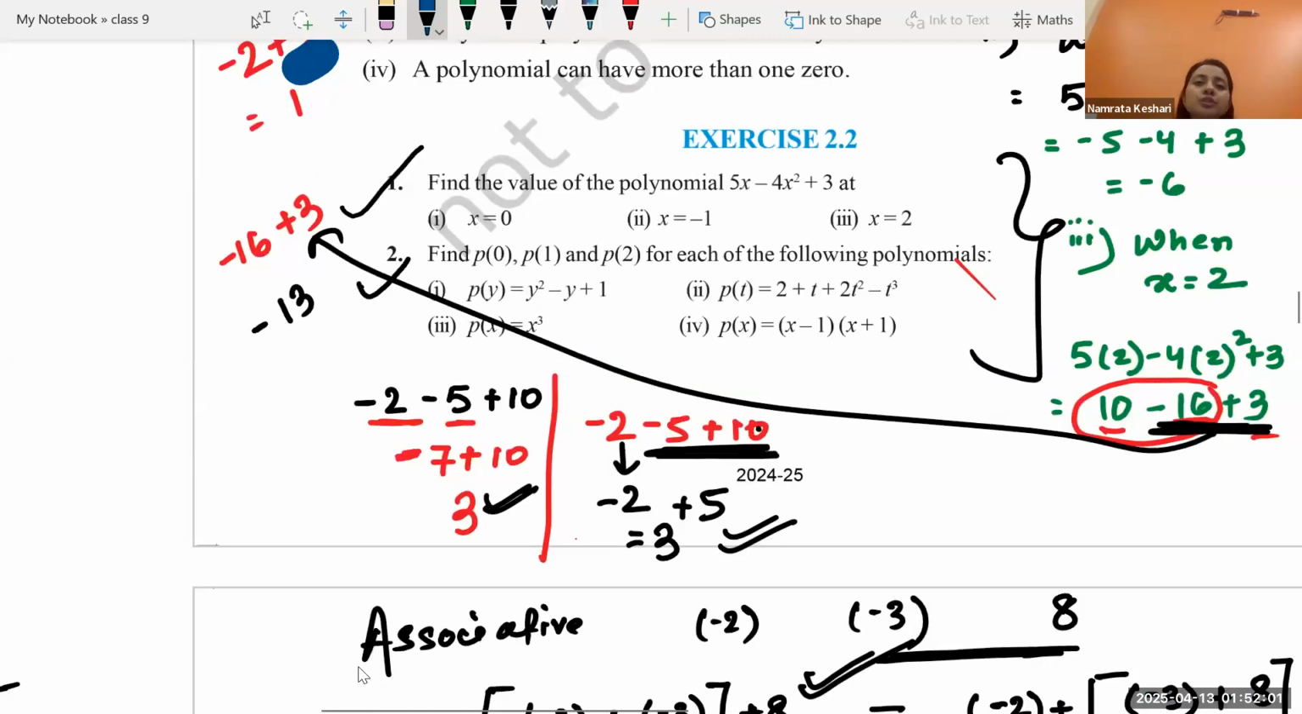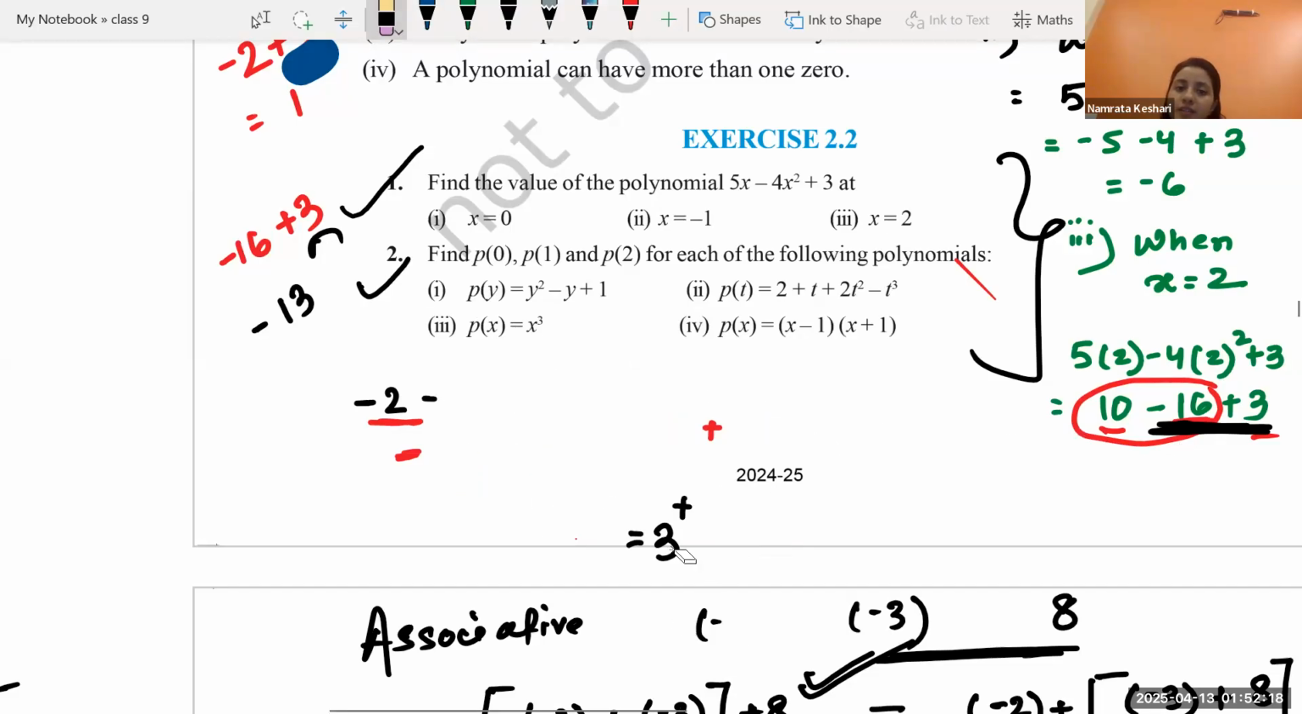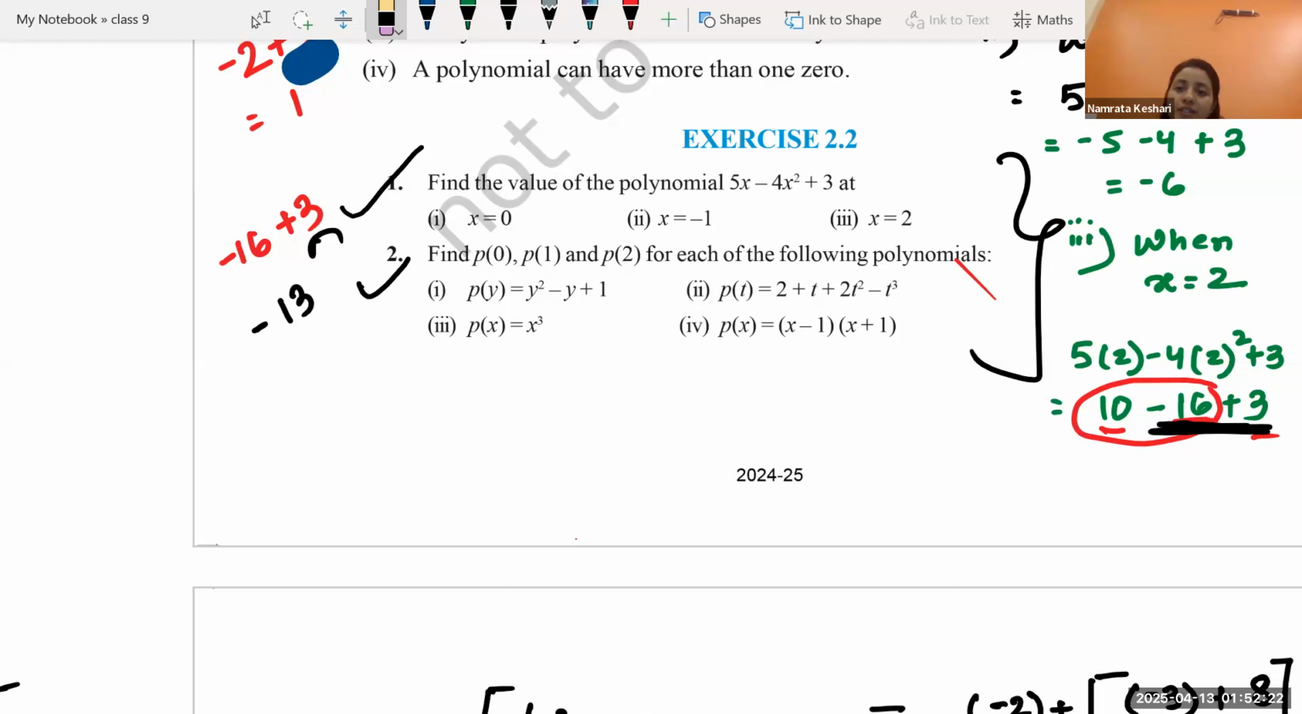We are just associating two of them together and then the result of that with the last one. Then two of them together, then the result of them with the first one. So basically, we can add any way. Here the result will be 10 minus 16. Let's get back to our actual question. So if we are having 10 minus 16 plus 3,